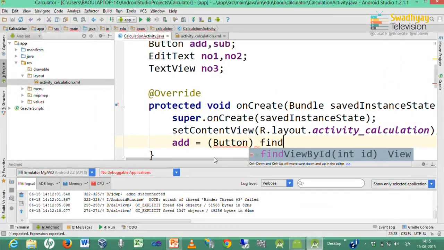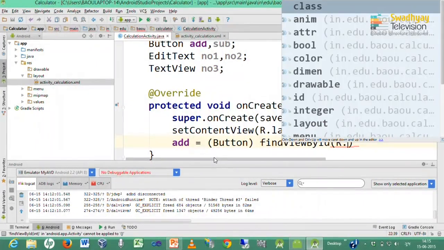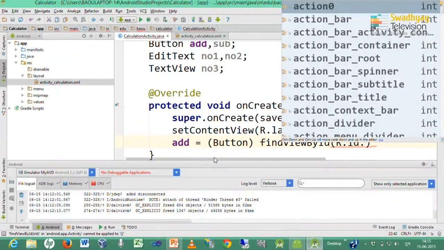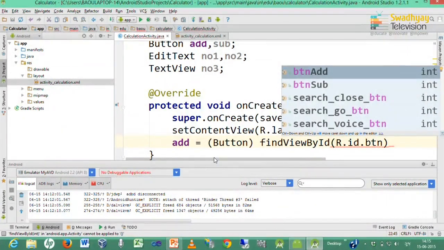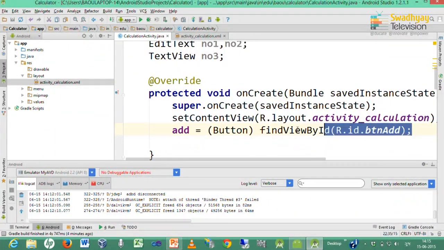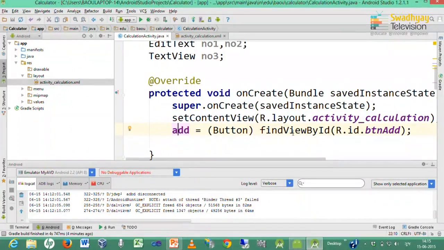So, I use one method called findViewById, and every id starts with R.id. Our name is button add. So, this line tells the program that add is a button which represents btn add in our interface.